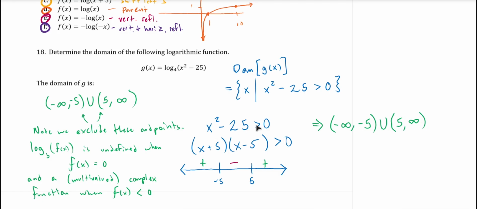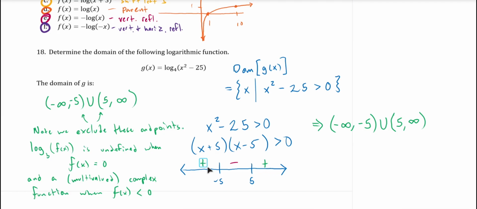So how do we solve something like that? Well, we have it already set equal to 0, with 0 isolated over here, so we should factor. Once we factor, we can see that the possible changes in sign are going to happen at -5 and 5. And plugging in a test value, or looking at the multiplicities, we know that it's going to be positive in